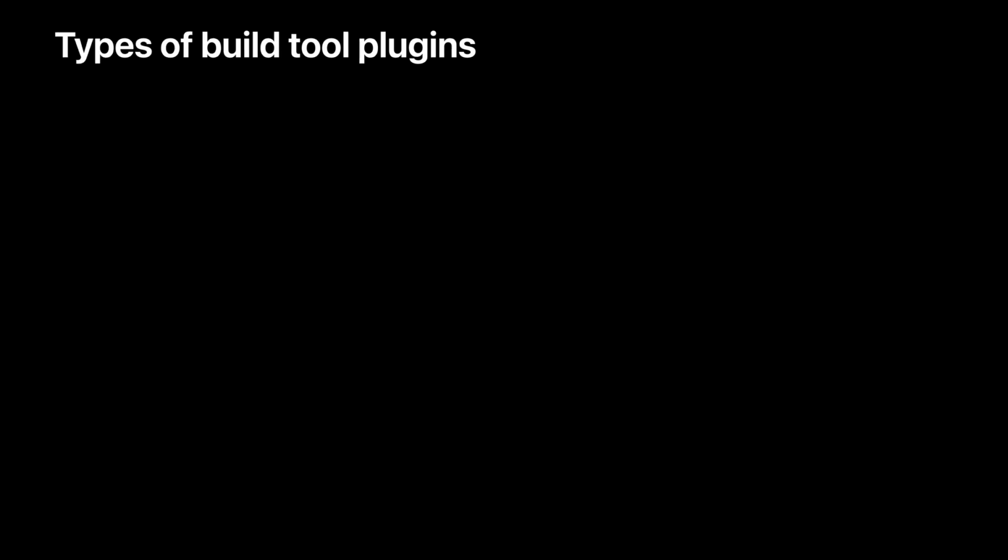There are also two different types of build tool plugins. The distinguishing factor here is whether your tool has a defined set of outputs. If it does, you should create a build command. It should automatically be rerun by the build system if your outputs are out of date compared to your inputs. If you don't have a clear set of outputs, you can create a pre-build command, which runs at the start of every build. Because of this, you should be careful about doing expensive work in pre-build commands, or come up with a custom strategy for caching results that's appropriate to your use case.